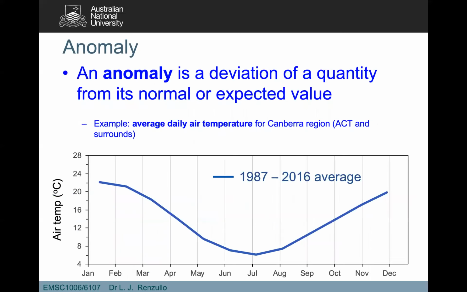We talk about an anomaly as a deviation of a quantity from its normal or expected behaviour. And here's just an example of air temperature over the Canberra region. This is the average behaviour for each month of the year. I think these are monthly average air temperature values. Oh, beg your pardon, no, sorry, they are monthly average temperatures, but they're average daily for the Canberra region for